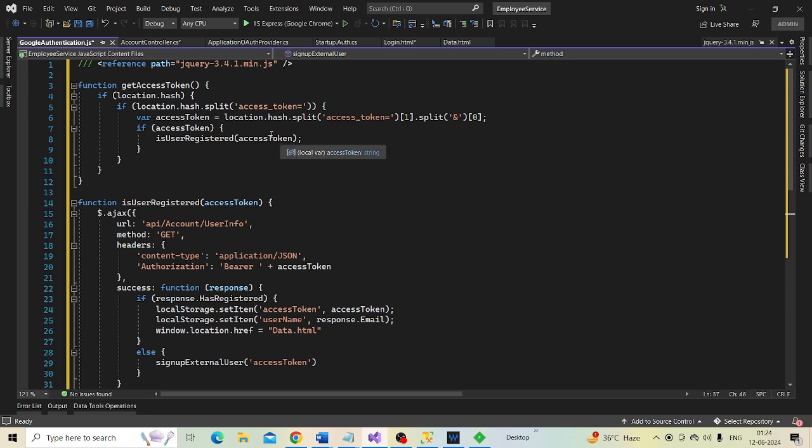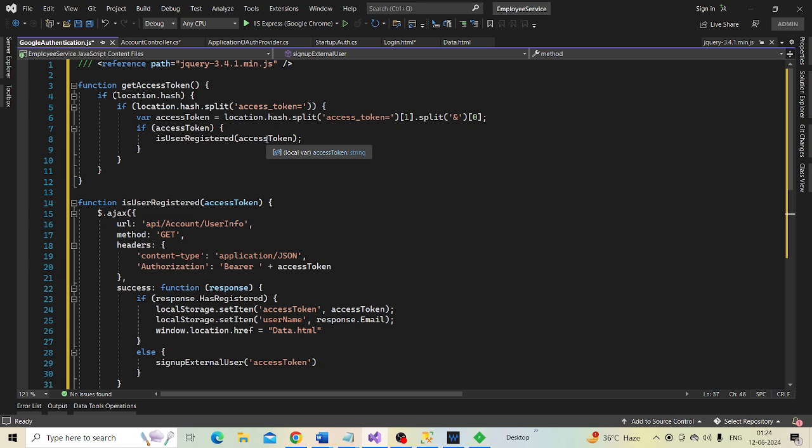It retrieves the access token from the URL, and then calls the is user registered function, passing it the access token. And what is this is user registered function doing?